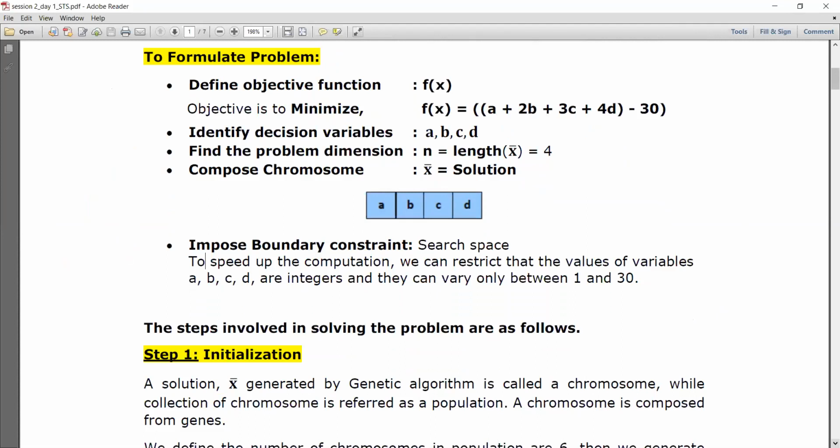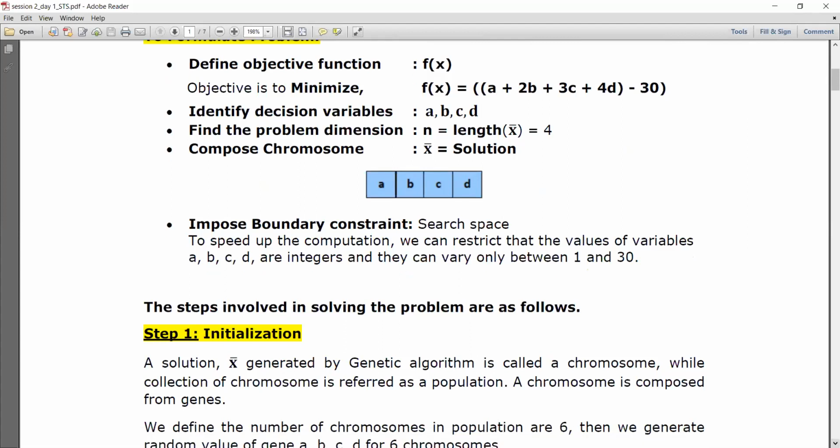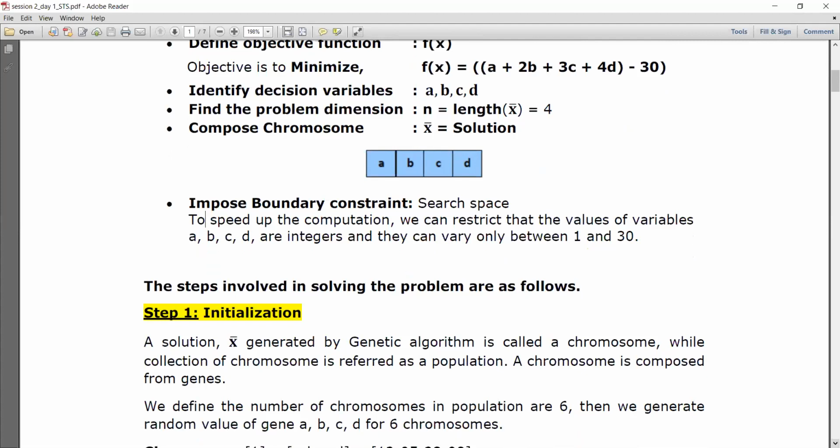Already I said we will have to start with a random solution, which may be feasible, which may not be feasible, but it is not necessarily optimal. So how is that random solution going to be represented? We have given a clue or hint in the beginning of the problem statement itself: let those variables be integers. So let us assume A, B, C, D are integer variables, and the solution appears as a 1 cross 4 vector. So 1 row, 4 columns.